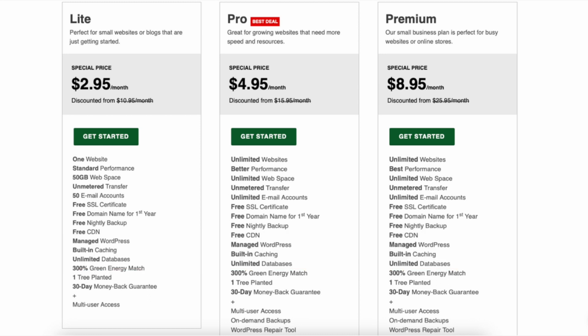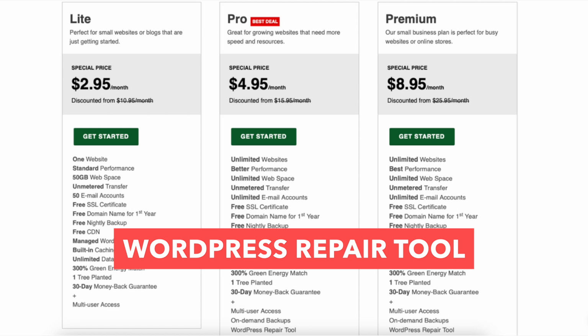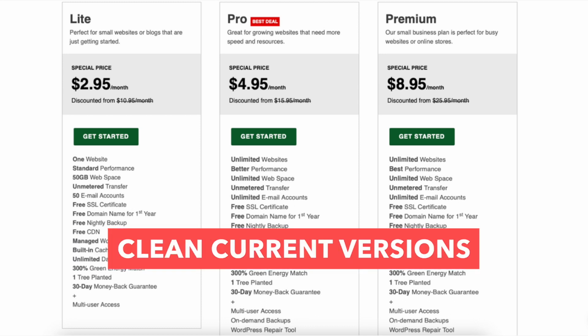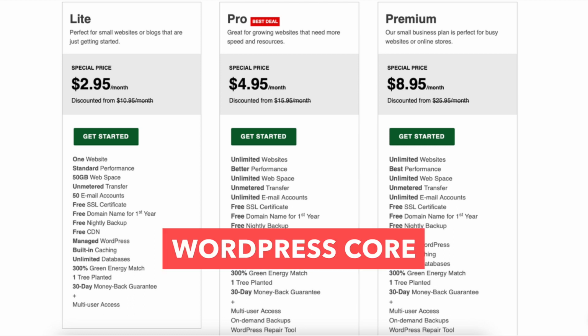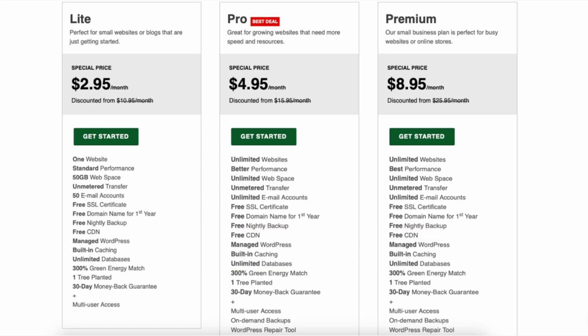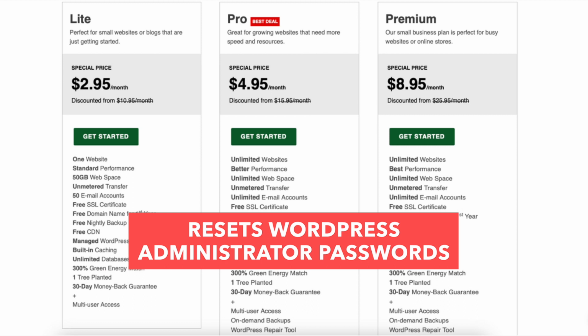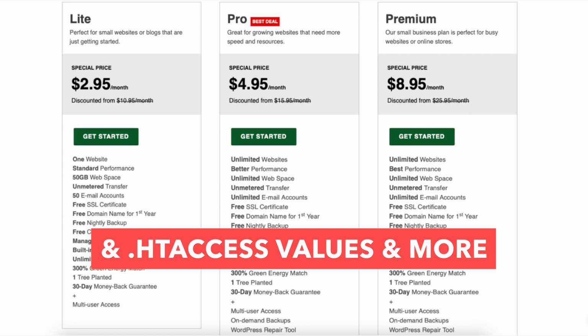The Pro plan also comes with on-demand backups and WordPress Repair Tool. The WordPress Repair Tool will secure your WordPress core files with clean, current versions. It will also provide software updates for WordPress core, WordPress theme, and WordPress plugins. WordPress Repair Tool will also optimize your WordPress database, reset WordPress administrator passwords, restore default configuration file and htaccess values,